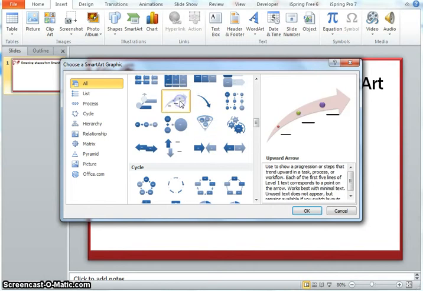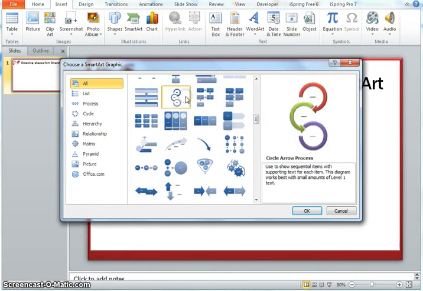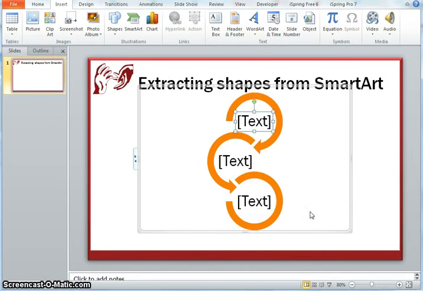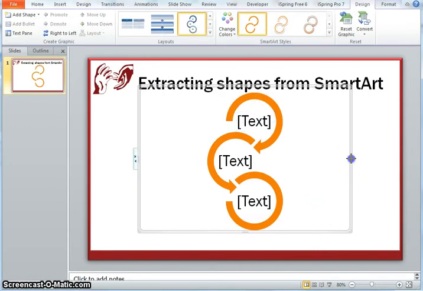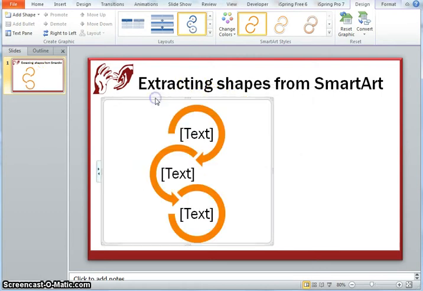Also, this arrow, because this arrow is not available as such, and it's a good way of representing some things, and a lot of times I can use just this simple arrow. Similarly, circle arrow process is another one wherein I get these two very unique arrows, as well as this one circle which I cannot find in my auto shapes. So I'll start using this and show you how I build something out of it.